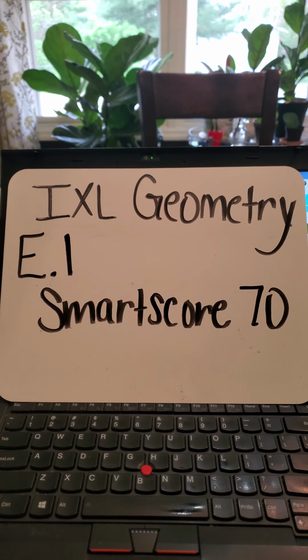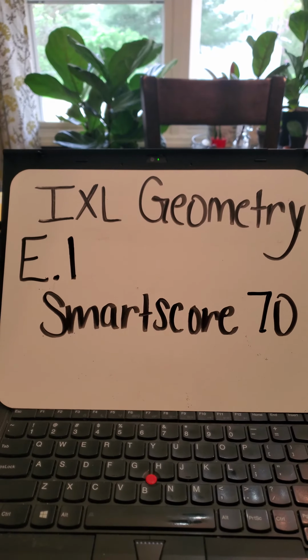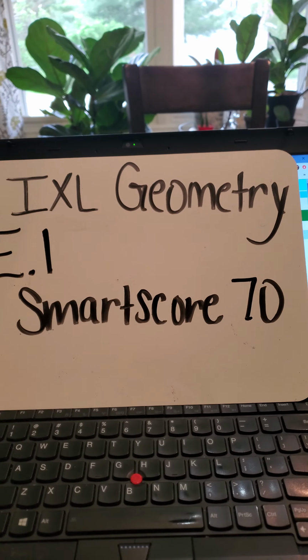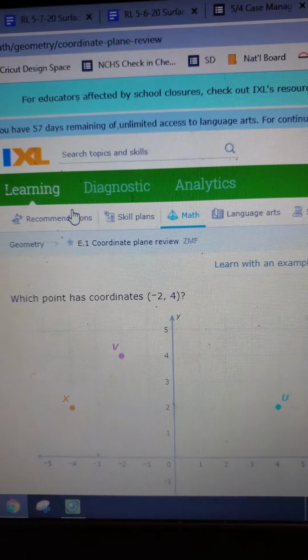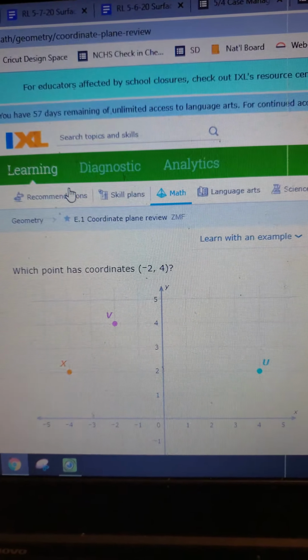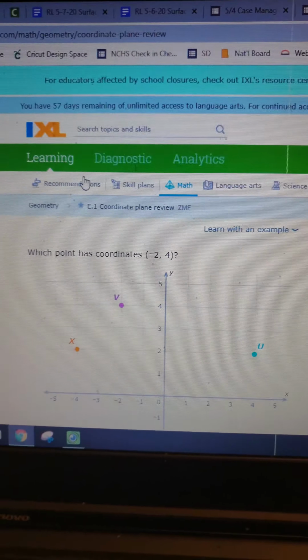This section of IXL is E.1. You're going to work until you get a SMART score of 70. It is on coordinate plane review, and so looking at a graph. We'll look at IXL in just a minute, but first I wanted to review